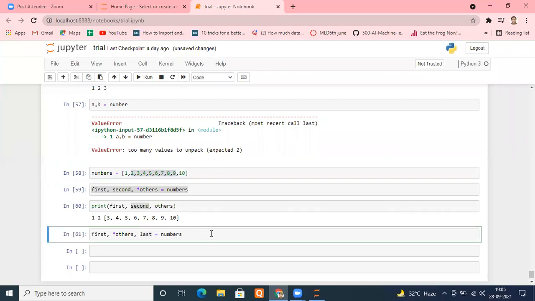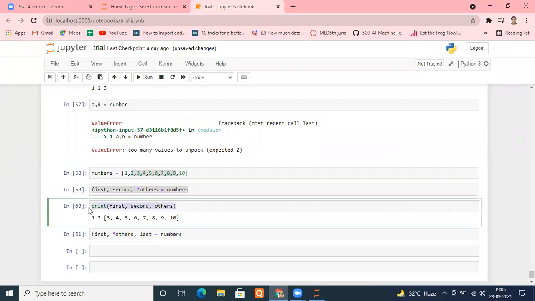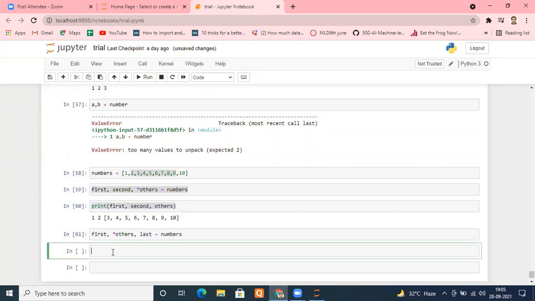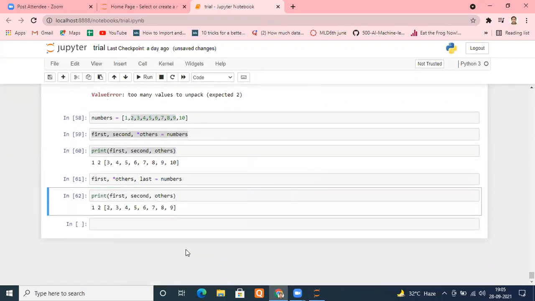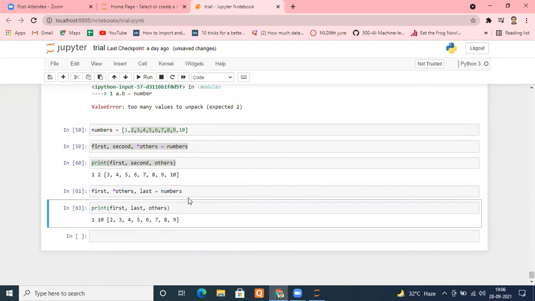Let me run that and let's check it. So I'm doing it again. Please check it. Oh, sorry, I printed the same thing. The name is first, what I mentioned; I want first, I want last, and I want others. Okay, please check it. What is the first element?